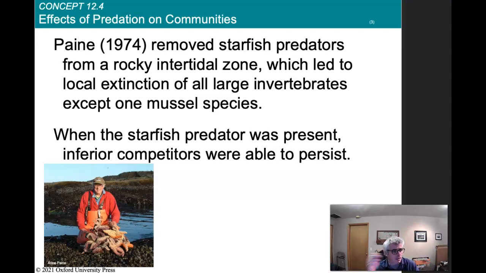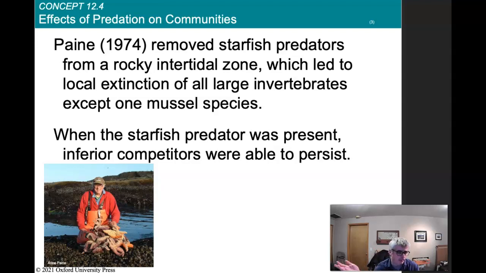But Bob Paine, who was a UW prof for a long time, passed away not that long ago. Maybe it's been two or three years. I never got to meet him. It's a bit of hero worship, but it's one of my biggest regrets, because Paine was my advisor's advisor. So my advisor was Paul Dayton, who was one of Paine's early students. Dayton finished in '69 or '70. And so Paine did the study out on Tatoosh, which is just off the Makah Reservation,